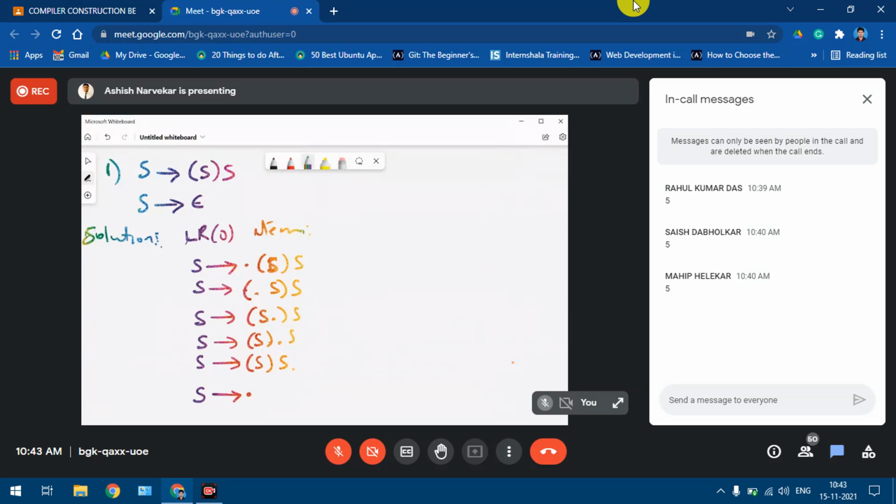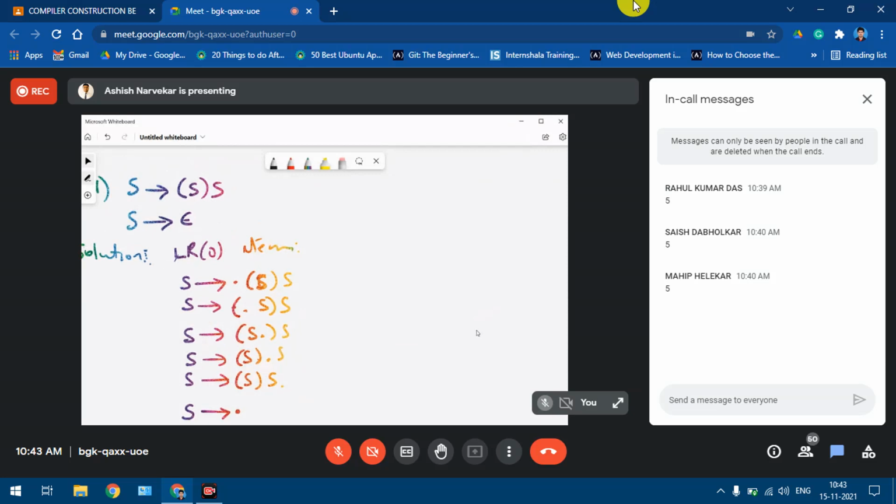I'll take one more example and then we'll start, as I said, with the problem solving. Can you all try this? I want the LR0 items for this.